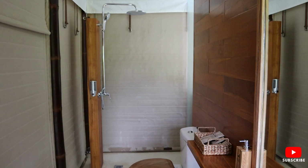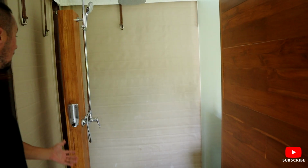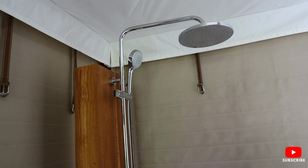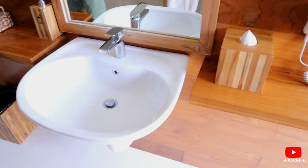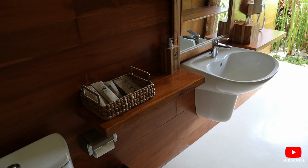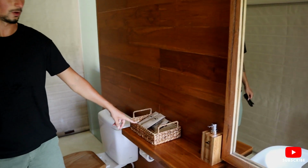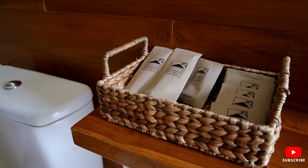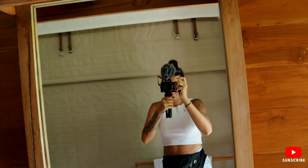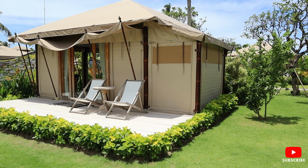You have a full-on hotel type bathroom. Isn't this incredible? Look at that, all the concrete. Over here you have a toilet, sink, large mirror, all the amenities. Hair dryer. These little baskets full of whatever you need. All the toiletries are provided. Also right in front of the tent you have 2 little chairs with a table,